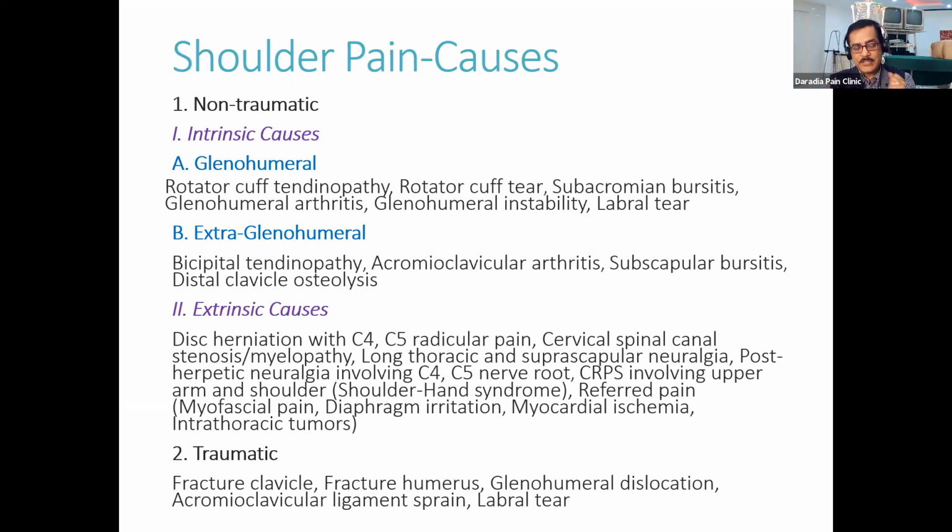Then there is the cervical facet joint, particularly the lower cervical. As a rule, remember the upper cervical facet joints, particularly C2-3 and C3-4, present as a headache. Whereas C3-4 can present in the neck as well as the headache, and even up to the shoulder it can come. There is a lot of overlapping. Some pictures are there, but that is not a rule. By that, you cannot make a diagnosis.